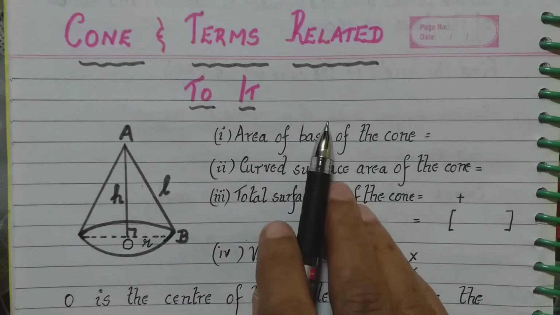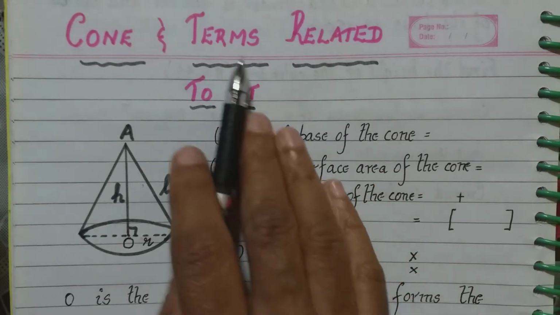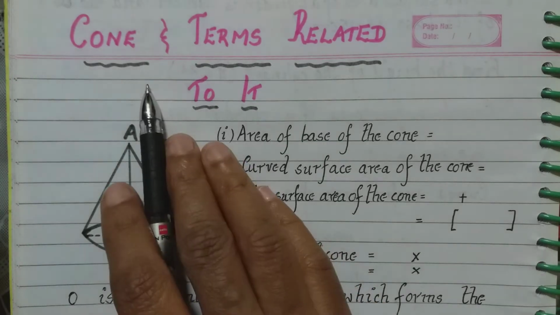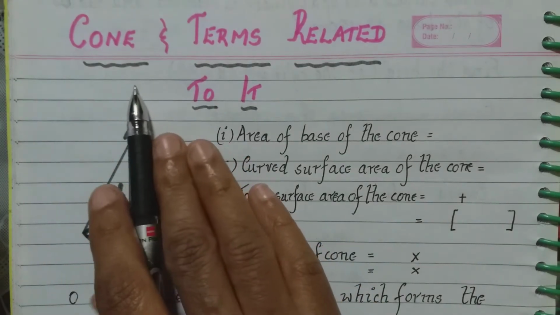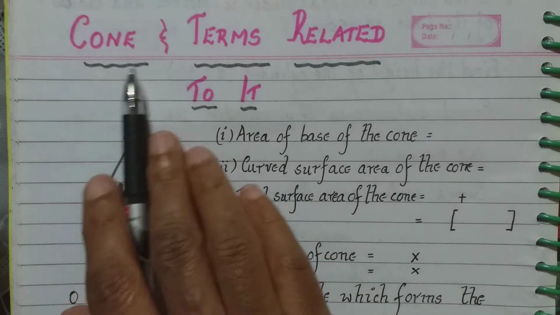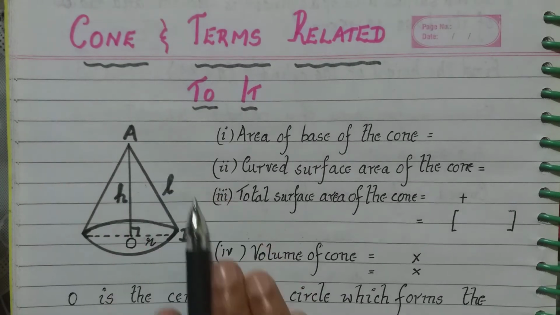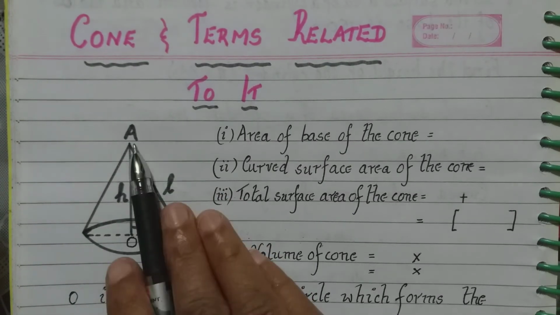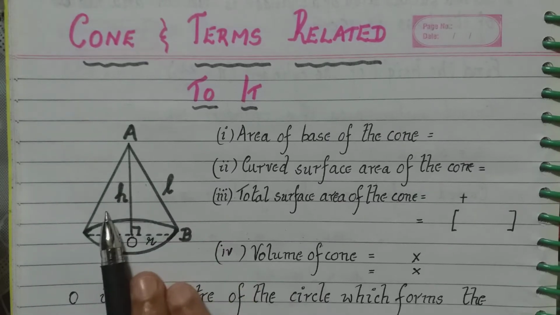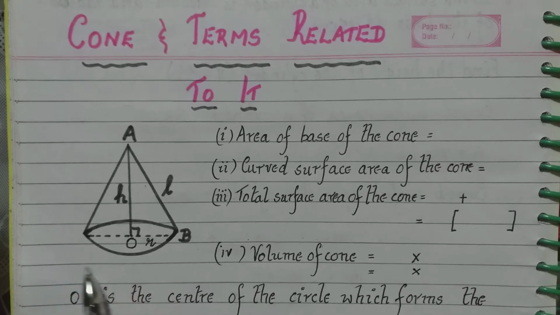Now going to the next part, for practice set 8.2, we have questions there related to the figure which is a cone. So first let us learn what we have to learn regarding a cone and the terms related to it. Now when we talk about a cone, the easiest example is the ice cream cone, which we can remember. You see this figure here. It is kept downwards such that the base of the cone is a circle.